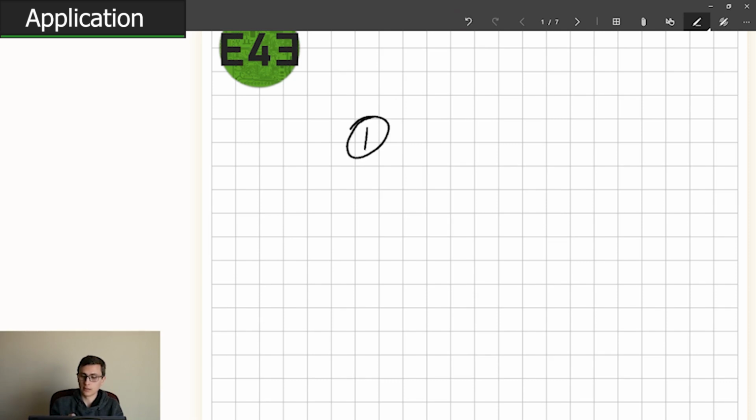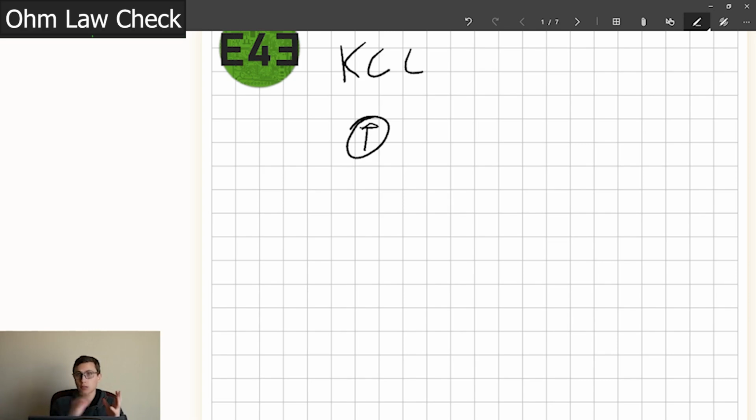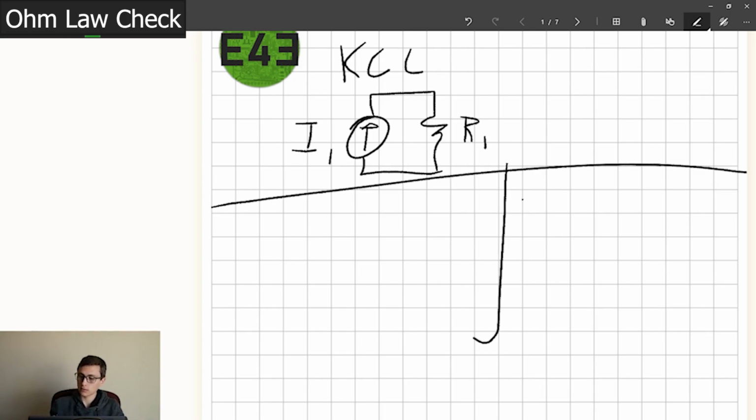And that is, right, this is Kirchhoff's current law. So just like a voltage source plugged very nicely into the equation before, we need to plug a current source in if we want this to really work out. This is R1. This is I1. Okay. And applying KCL,